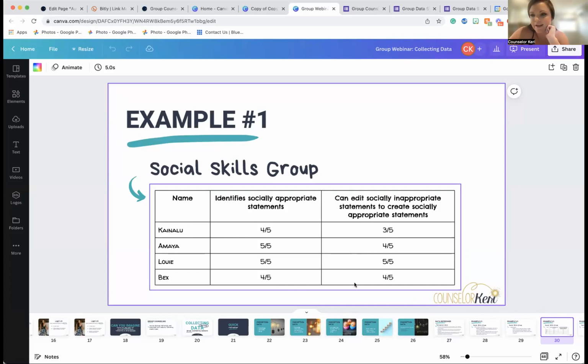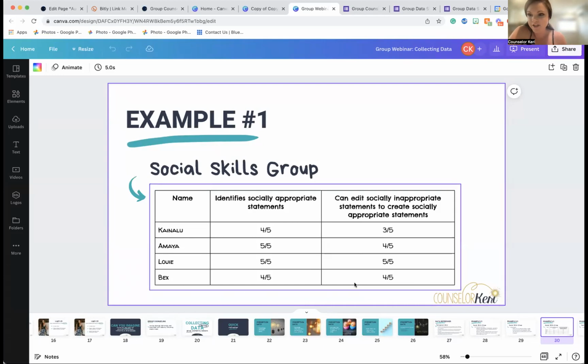But then I also include a narrative with this, just to kind of describe how it went. Were there specific statements that were difficult for them? And I'll show you actually how I write out the narrative a little bit later. I want to go through all 3 examples first, but I just think it's important to note that I always